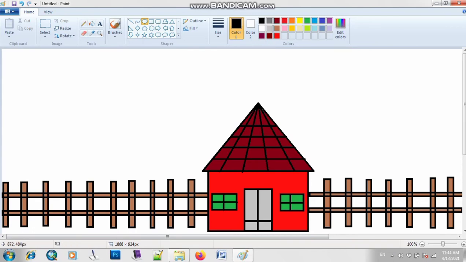Okay, so now how can we draw different trees? Bilal, can you tell me how we can draw trees? Which tool should we use? Right, we have to choose the shape tool.